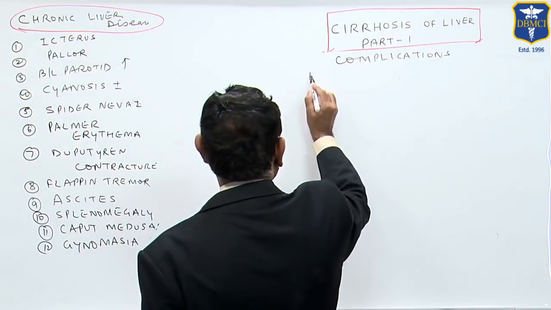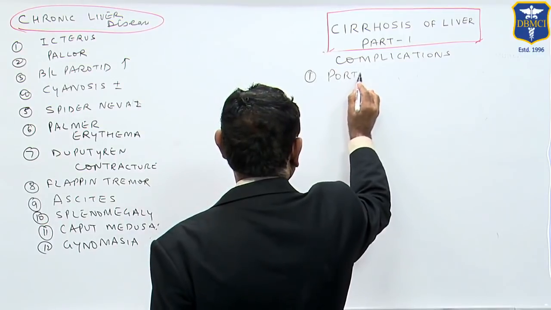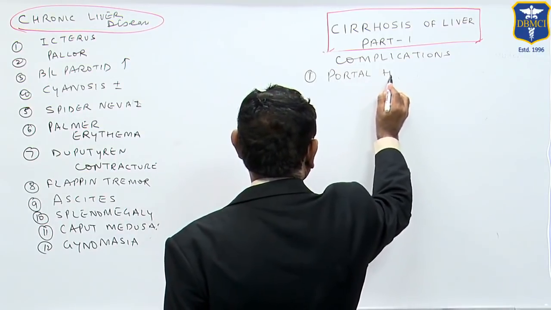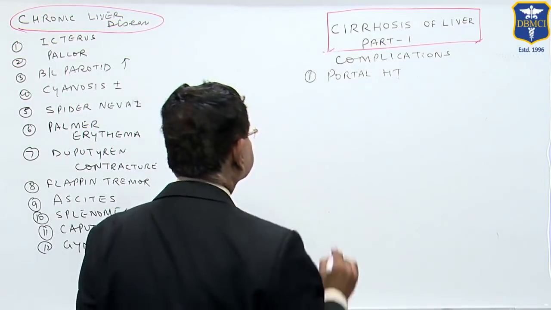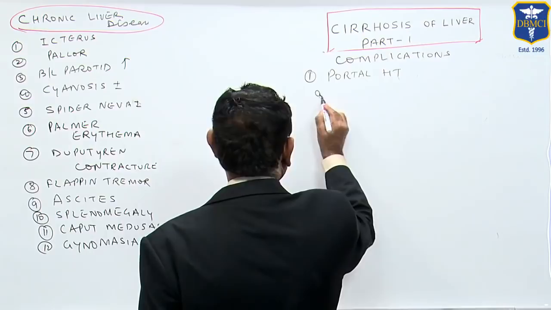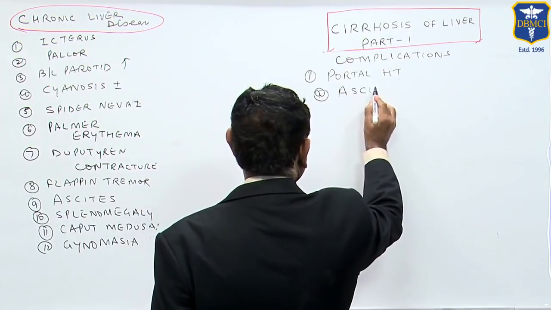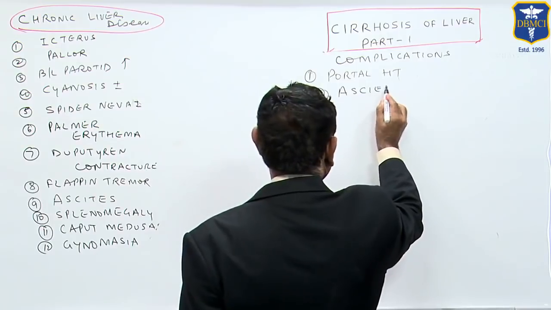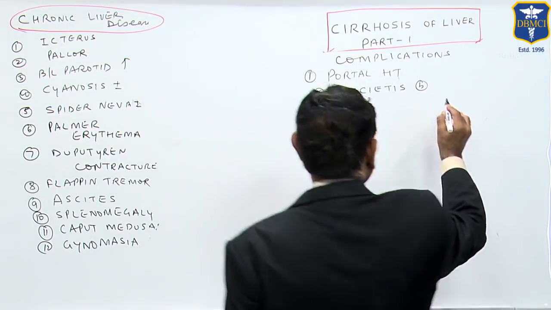First is portal hypertension, and it has components: ascites, splenomegaly,